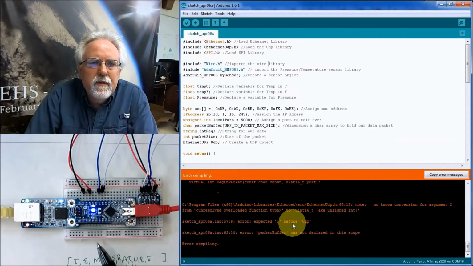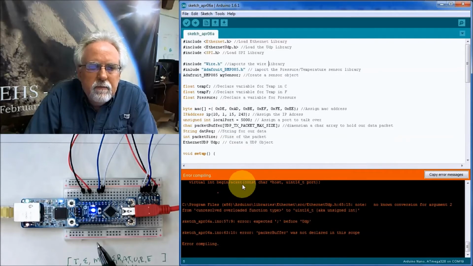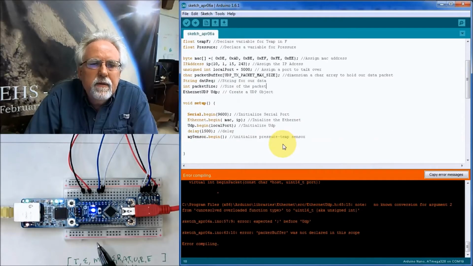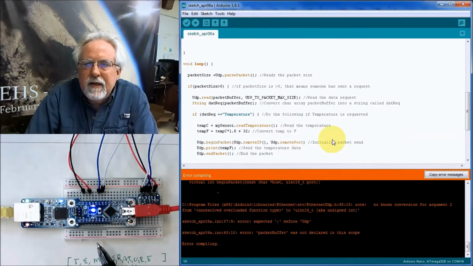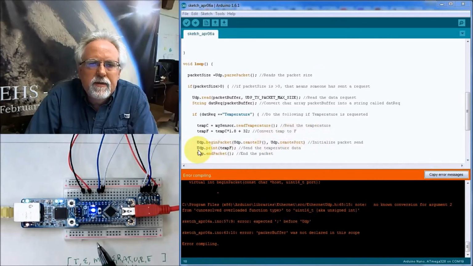Ooh, still not happy. Okay, include Wire.h. Okay, let's see. Begin packet. Okay, it seems to be associated with my begin packet. Let's see what mistake we made here. Guys, I kind of like making, I mean, I don't deliberately make mistakes, but the nice thing is you can kind of see how we go about the debugging. And it doesn't like my udp.beginPacket,